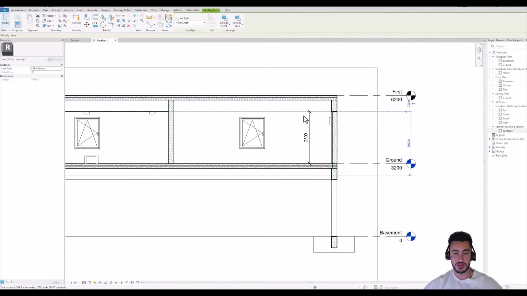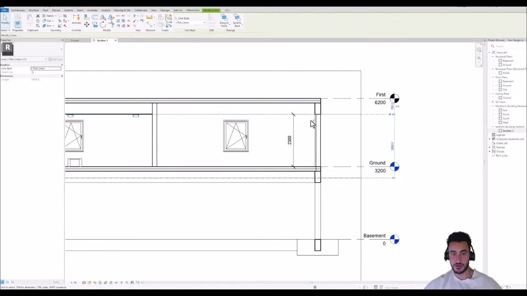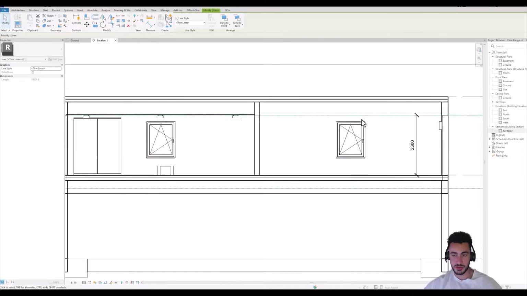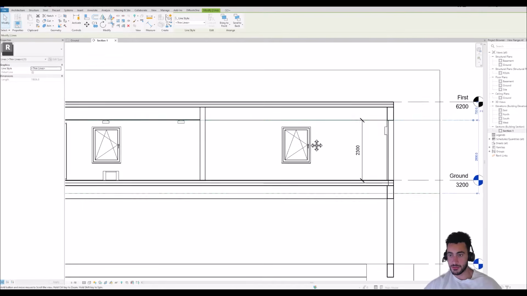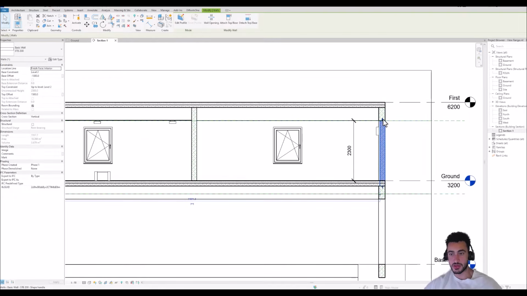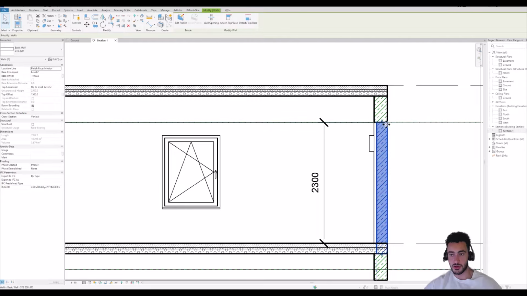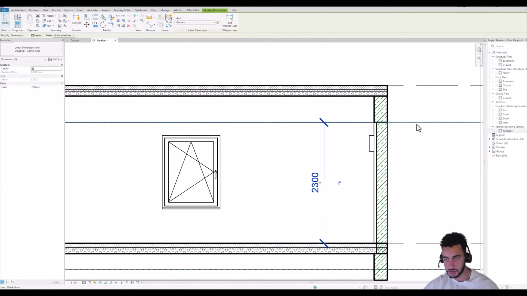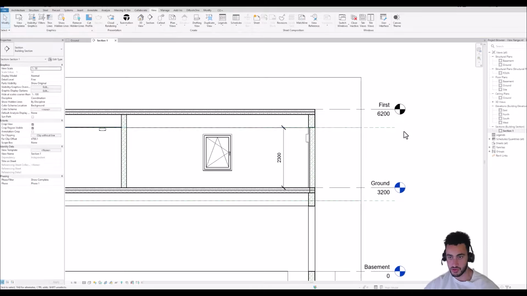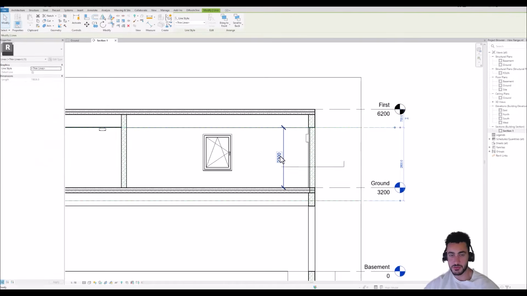And that's why I don't see the column. Let's say that I want to see the columns here. I see, sorry, the walls. I see only this wall because this wall is until the bottom of the slab. But those walls I don't see because those are not cutting my cut plan. So what I should do is bring this a bit down. Let's make it this line, just for you to see. I'll just make it 200,